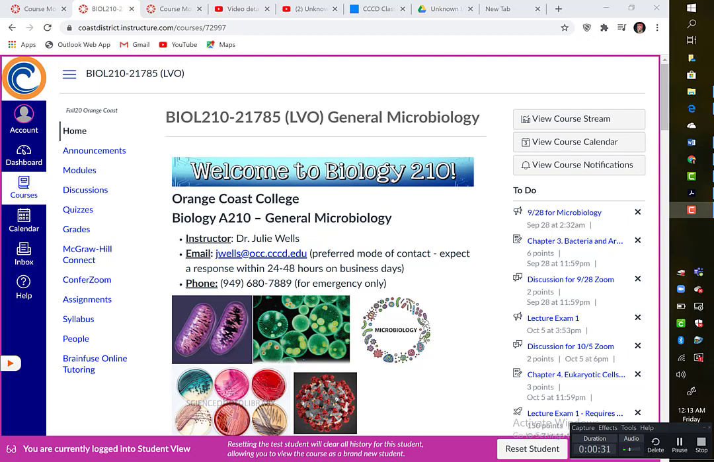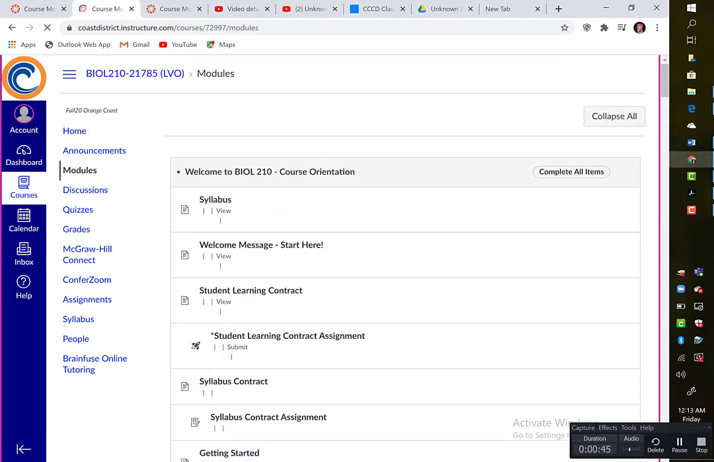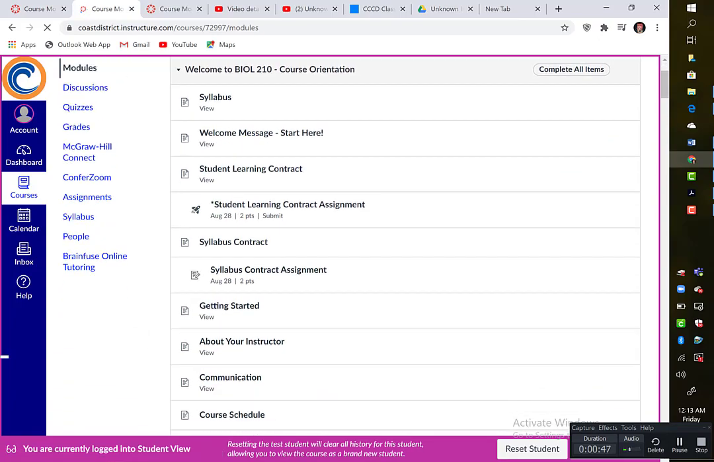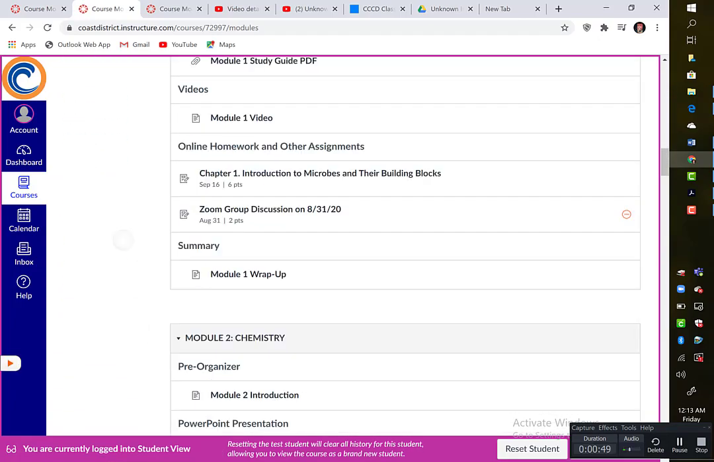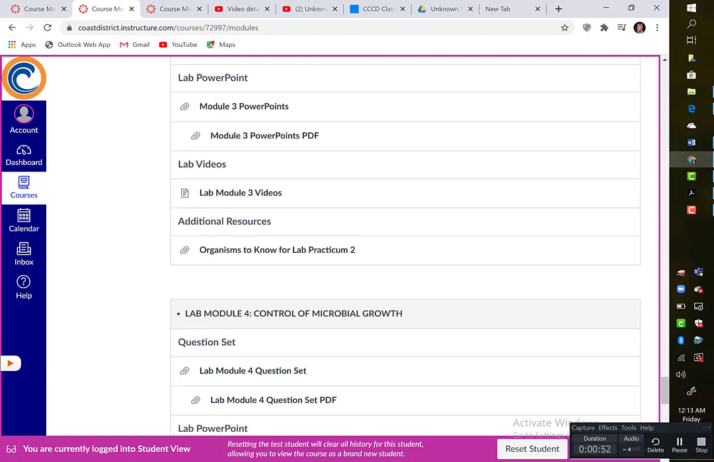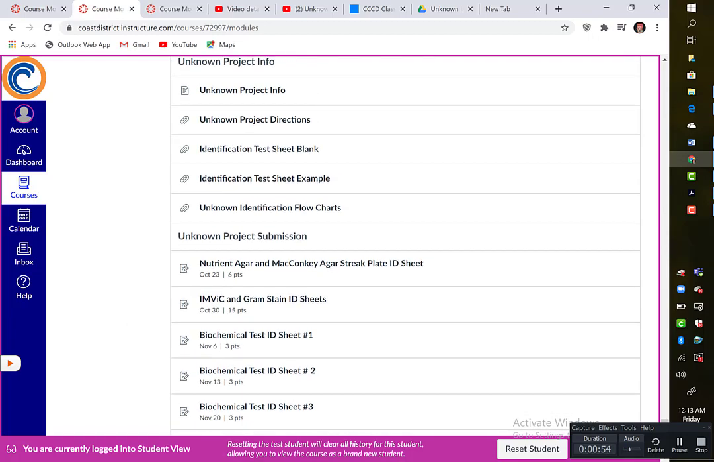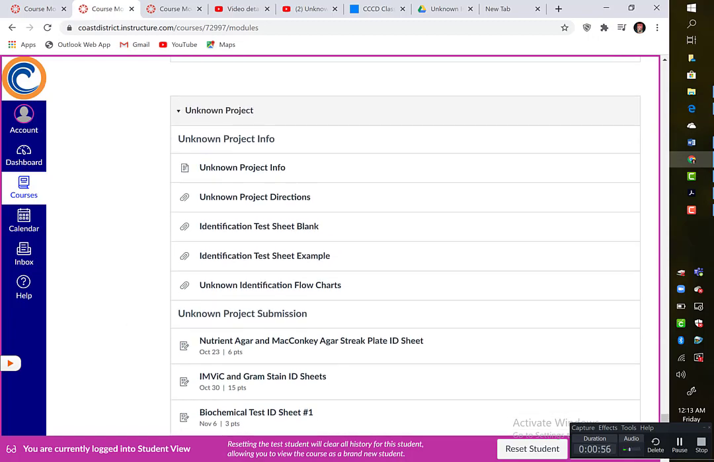So here is your Canvas page. I have it in student view so that you can see what it would look like for you. You're just going to click on modules and scroll down to the module for the unknown project. It's going to be all the way at the bottom. Here is your unknown project module. There are several parts that have the directions, these are all the different directions, and then here are the places for your submissions. So if I go to unknown project info